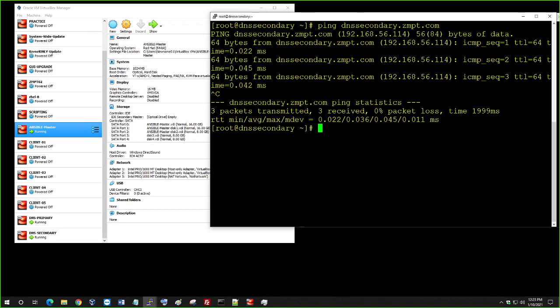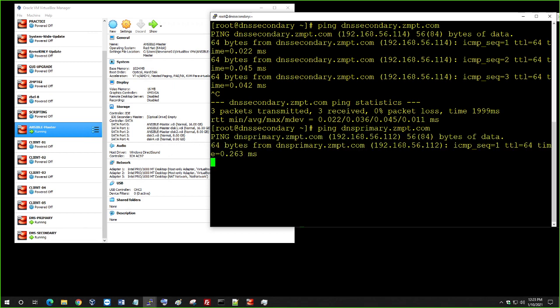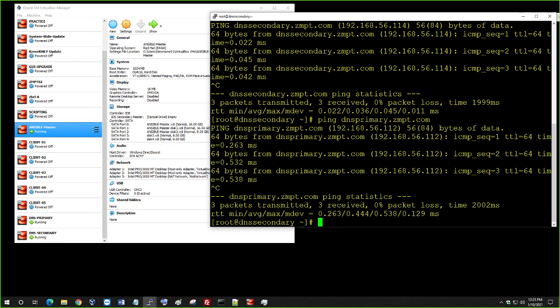Okay, so using the name, it's going into the DNS server and picking up the correct IP address. Okay, and then you could do this to DNS primary too. And that one is working too, okay? So what if